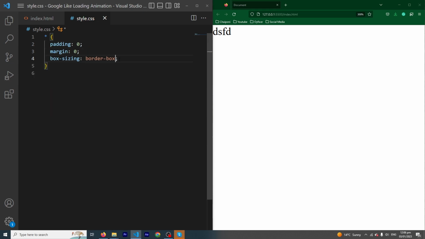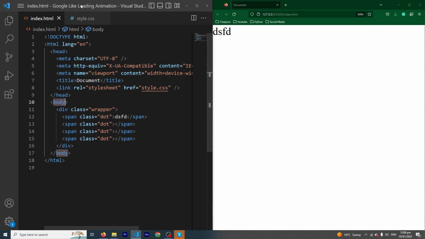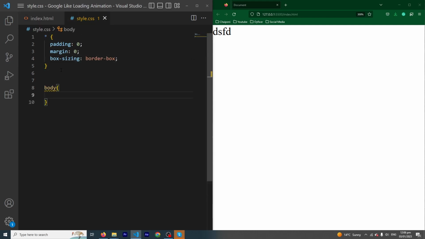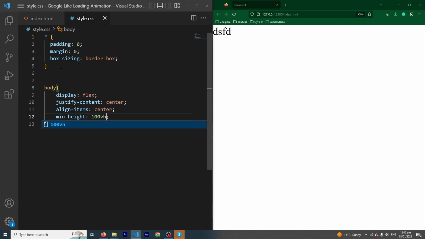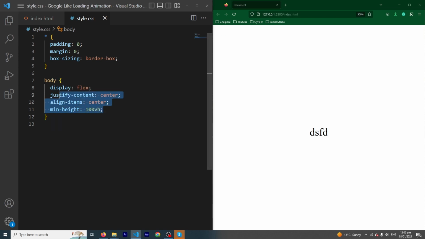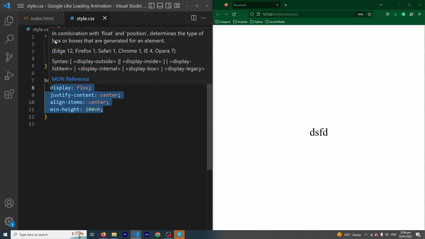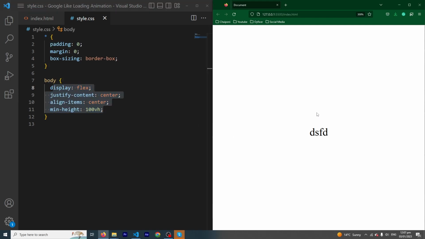So these properties will remove the default margin from each of our HTML elements. And next, copy this body element and paste here and type display flex, justify-content center, align-items center, and min-height 100vh. These 4 properties will align all our content inside the body element to exactly the center